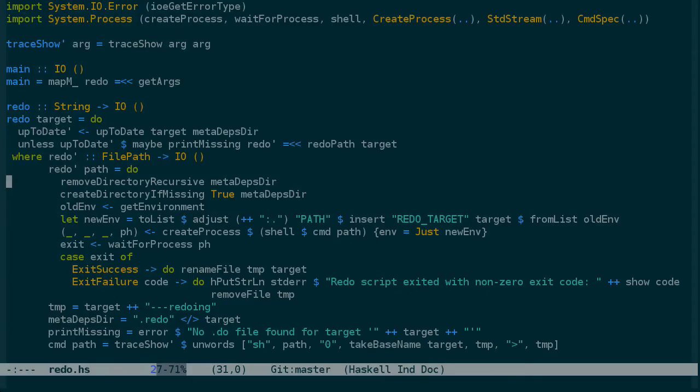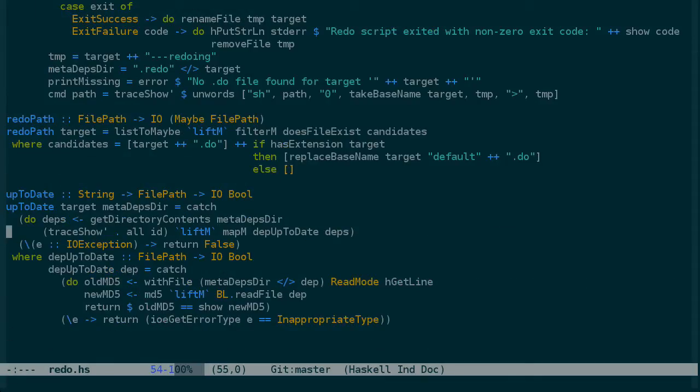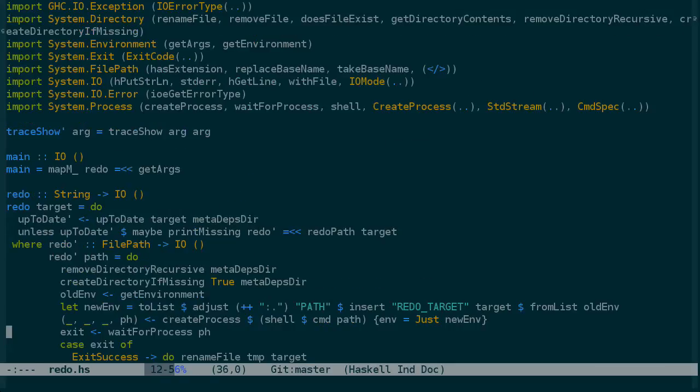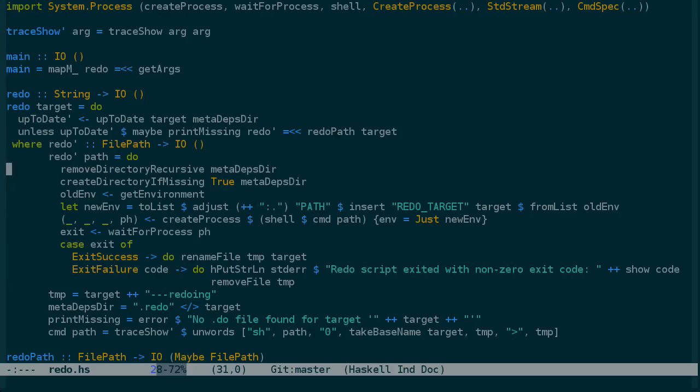Actually, we first get this get directory contents exception, which is being caught here, so I think this is just a misleading message. We'll see if it goes away when we catch the exception in removeDirectoryRecursive. So we already know how to use catch,